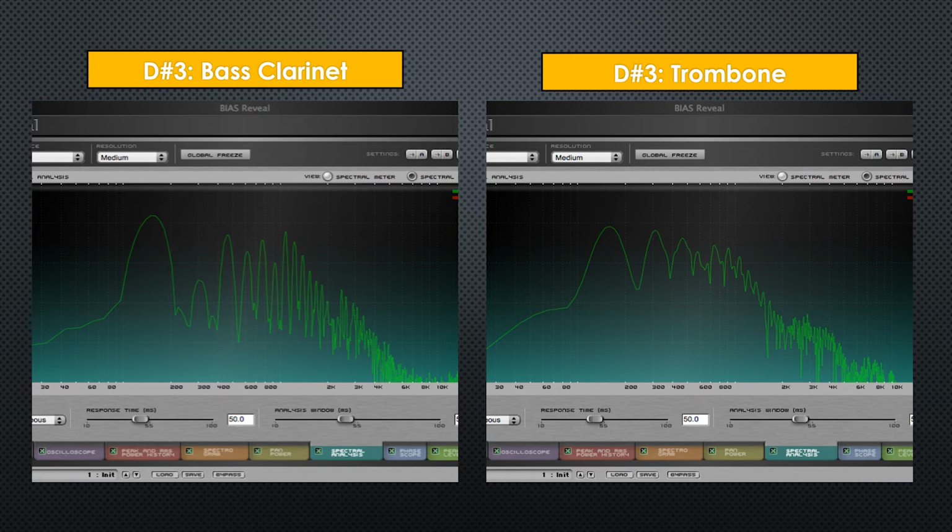And the reason that the spectrum from one instrument to another is different is based off the physical design of that instrument. Which frequencies resonate inside the bass clarinet versus the D-sharp trombone? Which ones escape, which ones lose energy, which ones are reinforced with energy, which ones are brought to greater energy based off where the instrument is playing and who is playing it. All of these things affect timbre and give us a different spectrum from one sound to another. This is something that comes in really handy when we are trying to synthesize original sounds. We want to have different sounds with very different spectra as we create them.